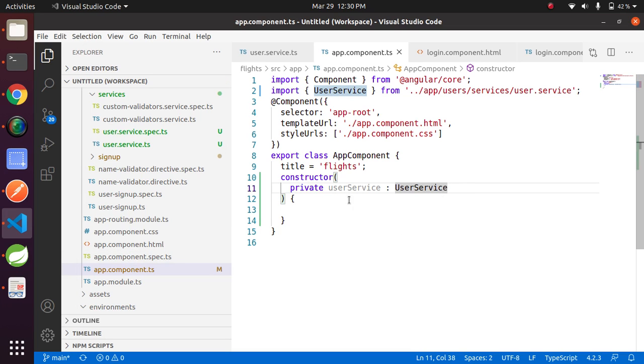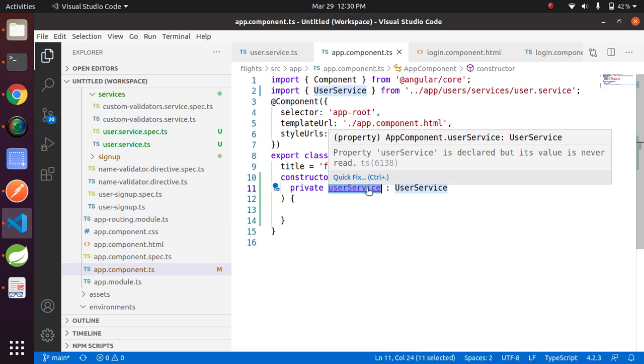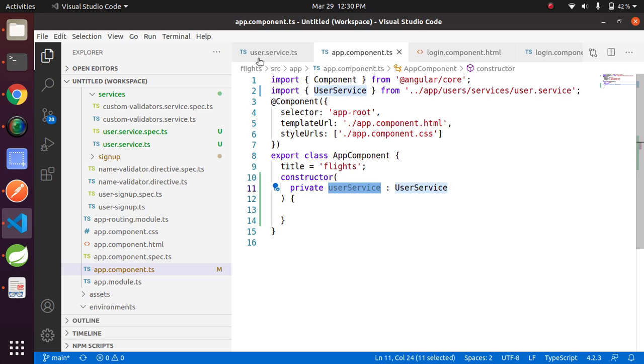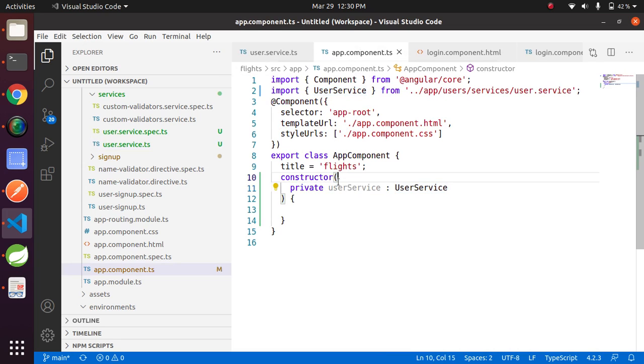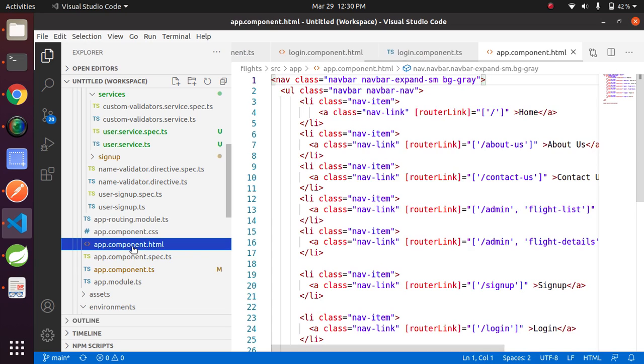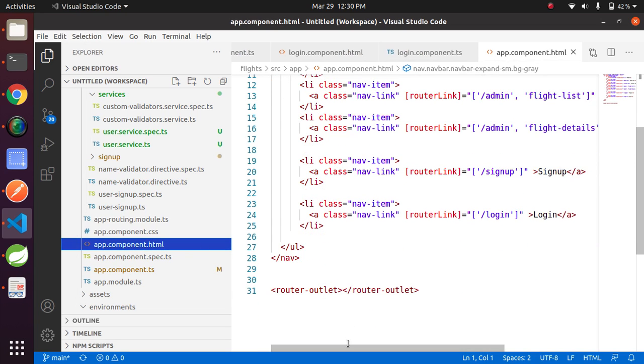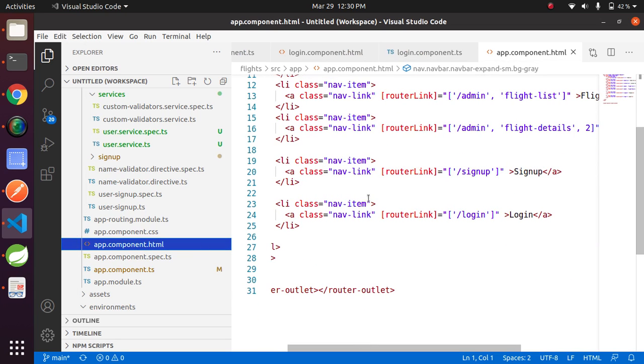App component HTML file, that means the template file. Now we can call this variable current user with the help of user service, correct? Now move to app component.html file and add a condition.